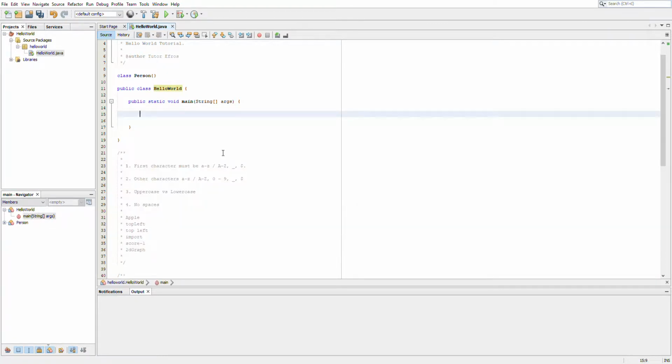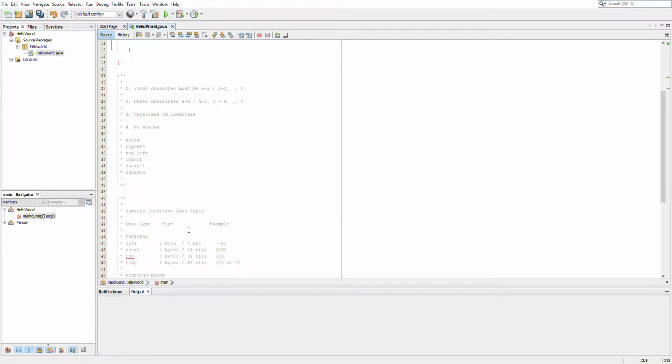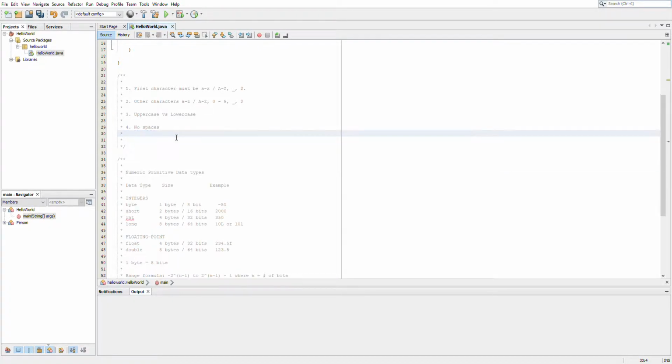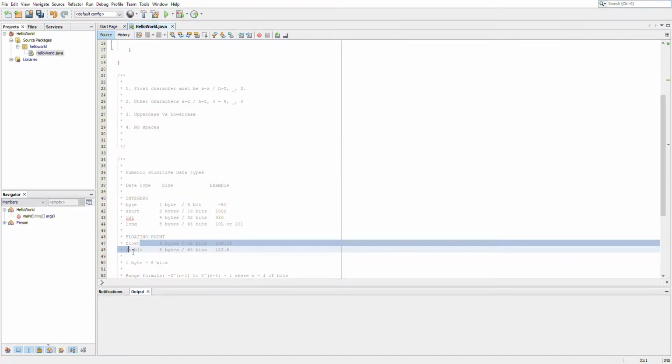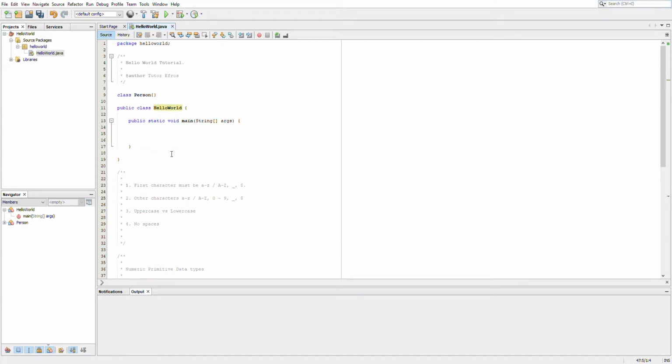Okay, so we already talked about float. We can just get rid of this as well. Let's just keep some rules. Float was a floating point type. So let's say float